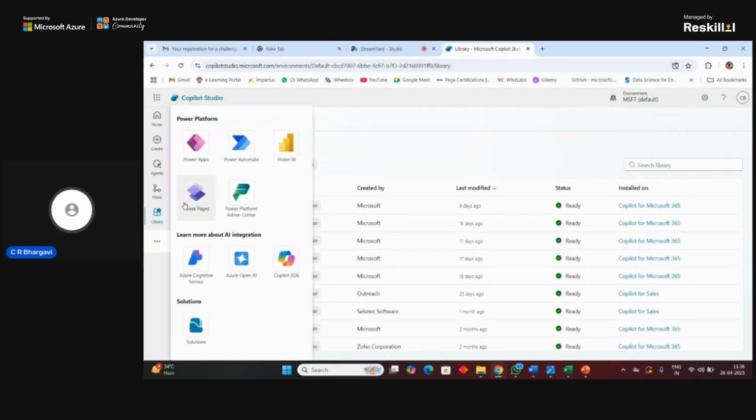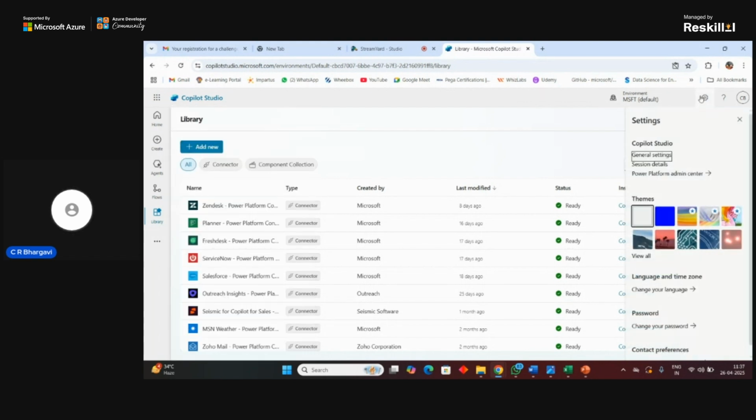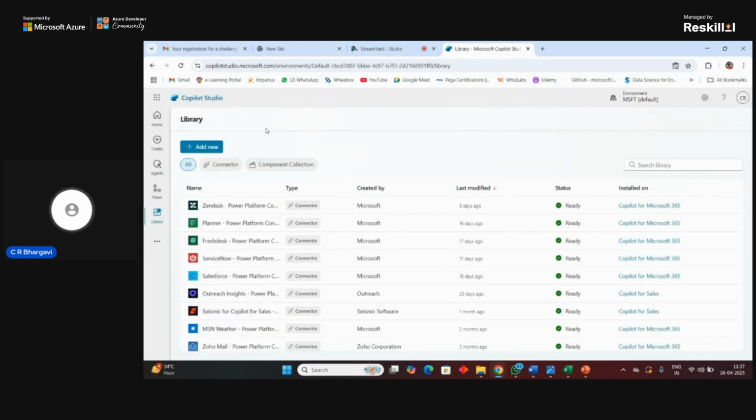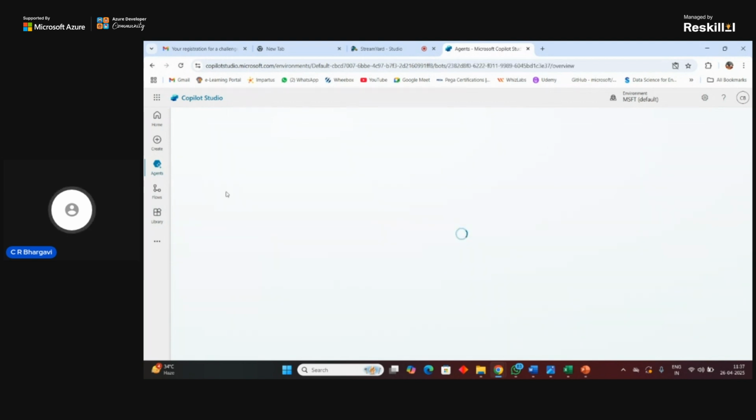And you can have the settings defined as well. When you go to the right corner of your page, you can have the general settings displayed for you, and also the settings available for that particular agent.